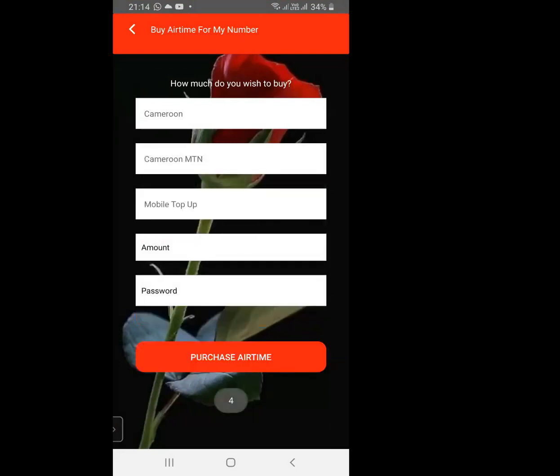And then obviously you put the amount in local currency, your password, and then purchase airtime. Remember, buy airtime means you're actually purchasing airtime to the number you registered with. That is the number attached to your Virtual AVS application. And also just have this at the back of your mind that you can also change your number anytime you